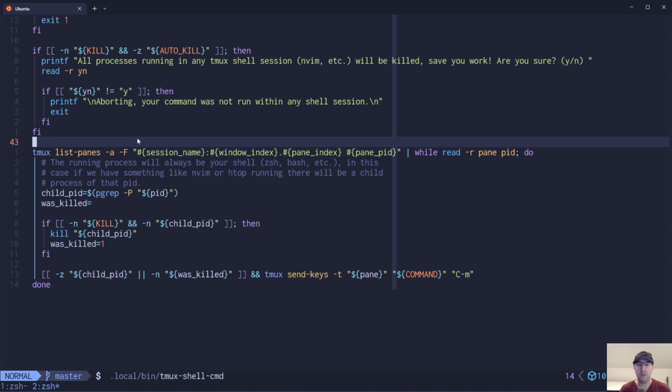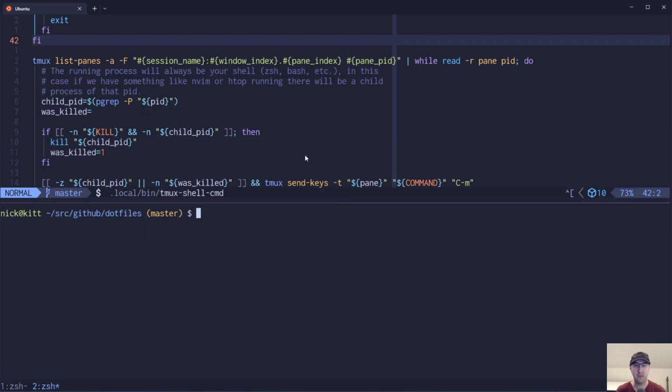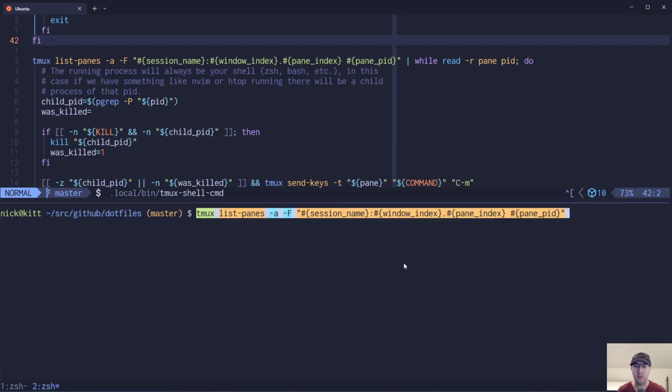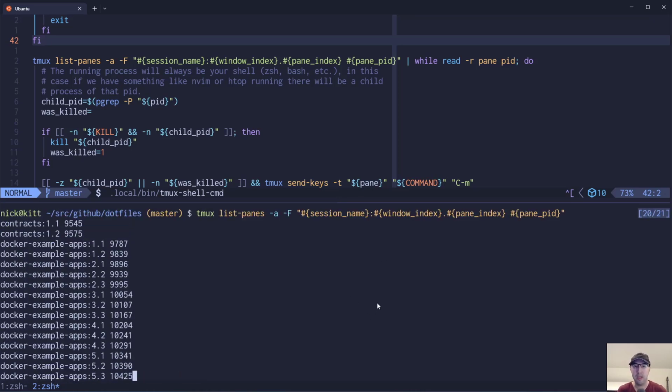And I think right away, just to see the output of how things are, we should probably run this command here. This is going to give us some information that could be useful to see before we even proceed further with the logic of the script. So here, I'm just going to run this one, and it is going to output all the different panes and all the different PIDs of the things running in those panes